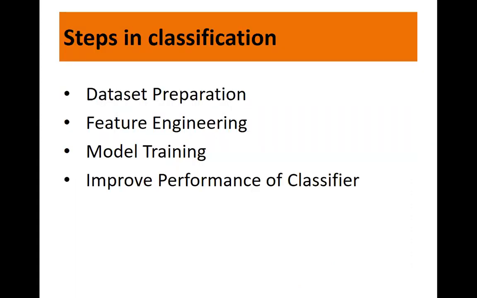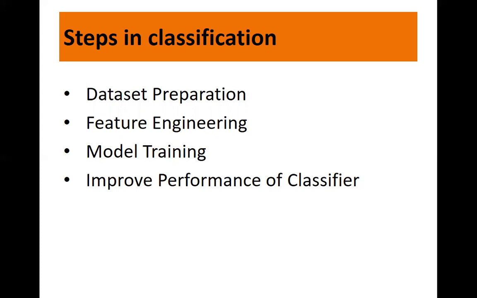So before starting, let's see what the steps in this classification are. The very first thing is we are doing text classification. So the very first step is data set preparation, the process of loading a data set and performing basic pre-processing. You already know what pre-processing is. In the previous lecture we saw we remove the stop words, we remove the spaces, and we do normalization like lemmatizing of the words. The data set is then split into train and validation sets, that is train and test sets.